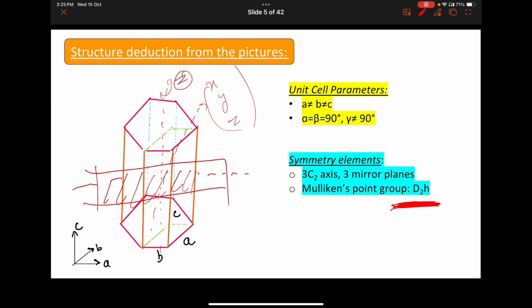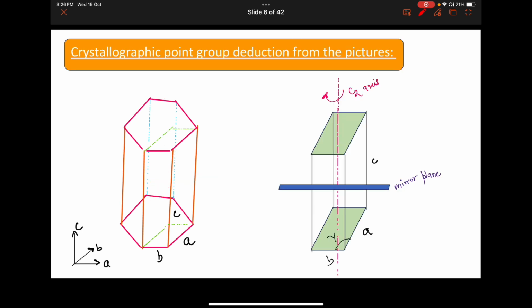But we have to deduce the crystallographic point groups from the picture. As we all know, if we have a hexagonal crystal system, we can reduce it down to one third of that crystal system to get its symmetry elements. So I reduced this hexagonal crystal system into one third of its unit cell, which is similar to the monoclinic unit cell actually,